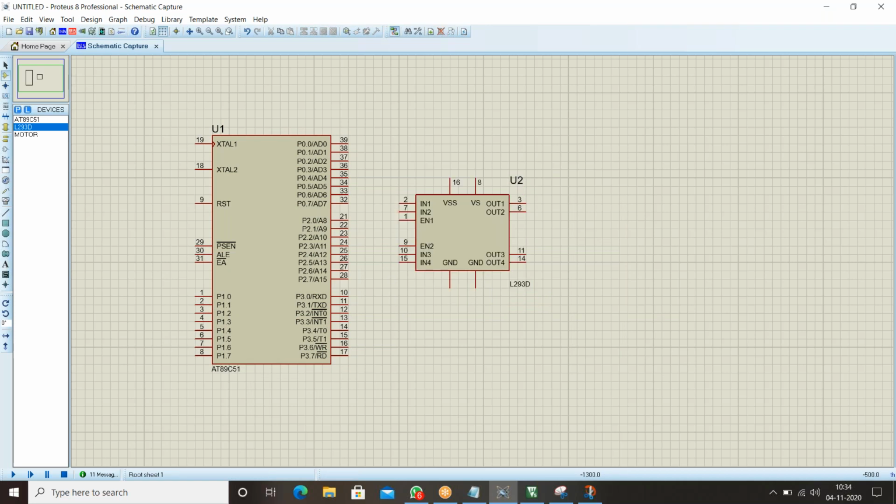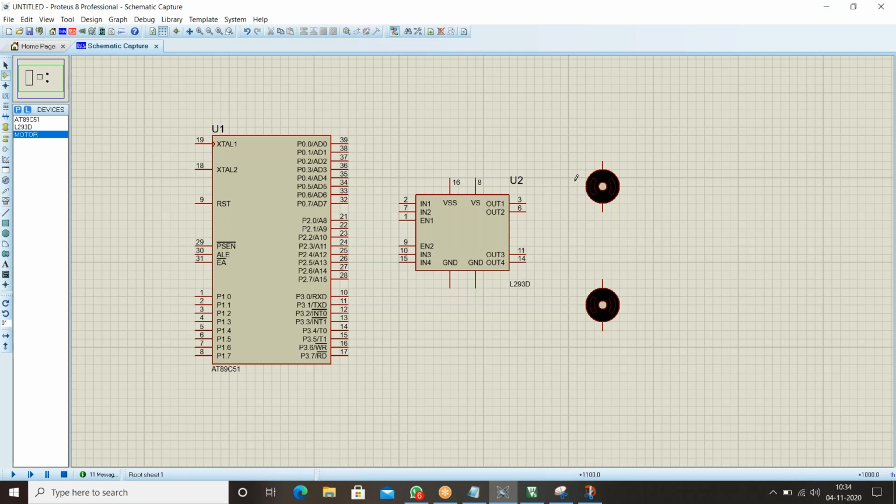So this is motor 1 and this is motor 2, right? Guys, if you observe here, there are 14 pins. On the right side, output 1 and output 2 are connected to motor 1, and output 3 and output 4 are connected to motor 2.